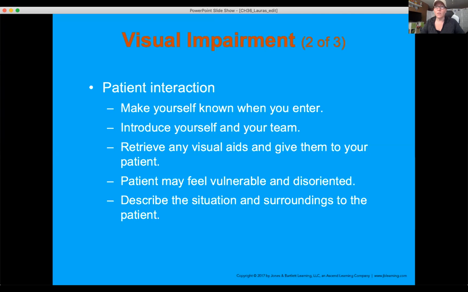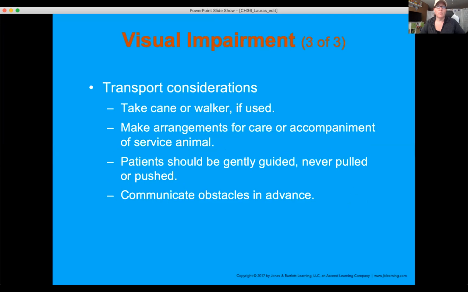If you move things in the patient's house to gain access, make sure that somebody moves them back, because when they're brought home after their trip to the hospital, you don't want, one, the patient to have to move heavy furniture that you guys moved, or two, you don't want them to hurt themselves because things are not in the arrangement that they expected it to be. If the patient's being transported, again, if they have assistive devices like a cane or a walker, make sure you take those with you. If they have service animals, make sure that they have arrangements, what's their plan to take care of that service animal, if they had to have been transported or had an emergency to the hospital.